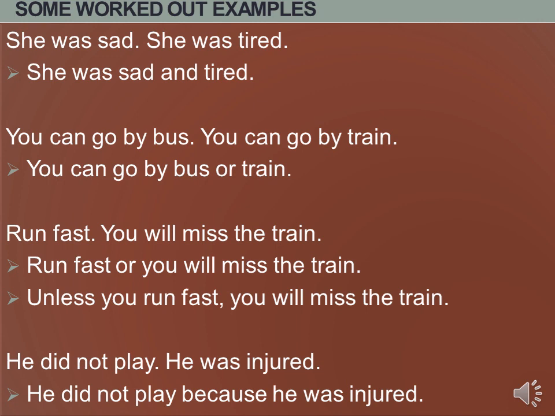Now, another interesting fact about conjunctions is that in this chapter, if you are given two sentences to join with the help of a conjunction, at times you can even use more than one conjunction. I mean, one sentence can be joined in different ways. Like in the third sentence, you can see: run fast or you will miss the train. So you can also write it as: unless you run fast, you will miss the train. So one thing you should always remember is that when we use a conjunction, we have to join the sentences meaningfully. While doing so, you can use various conjunctions. That means two sentences can be joined in different ways.